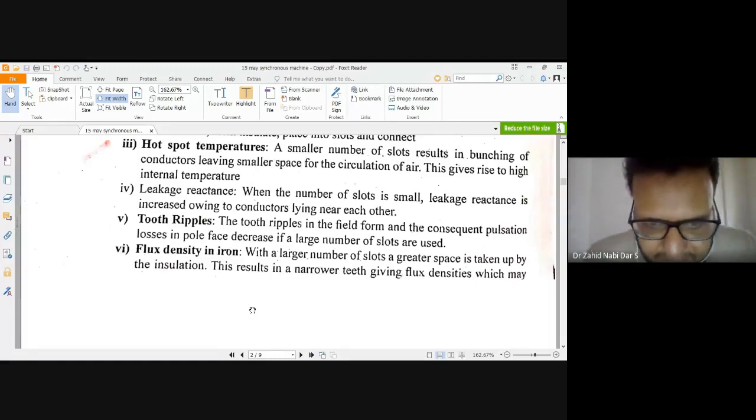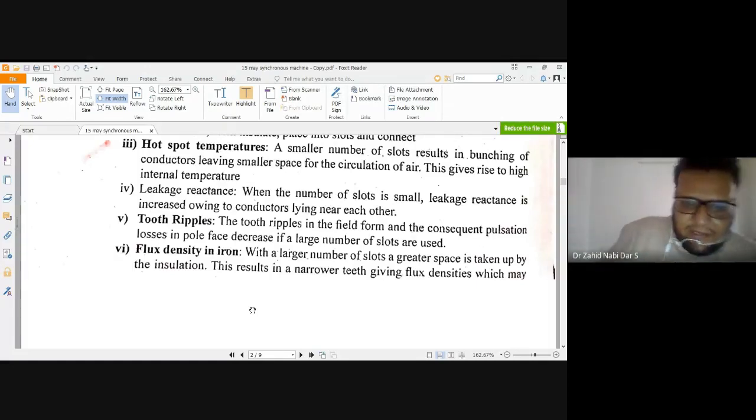So what happens is that if the DC quantity is present in AC, it will cause some pulsations. Pulsation means there will not be a smooth torque because of this ripple. See, your AC is going sinusoidal like this. Your DC is a straight line. So you don't get a pure sine wave; you get a sine wave superimposed on a straight line. So you get some peak. Your wave is sort of trapezoidal, cut off at the top, something like this. Wait, I'll show you.